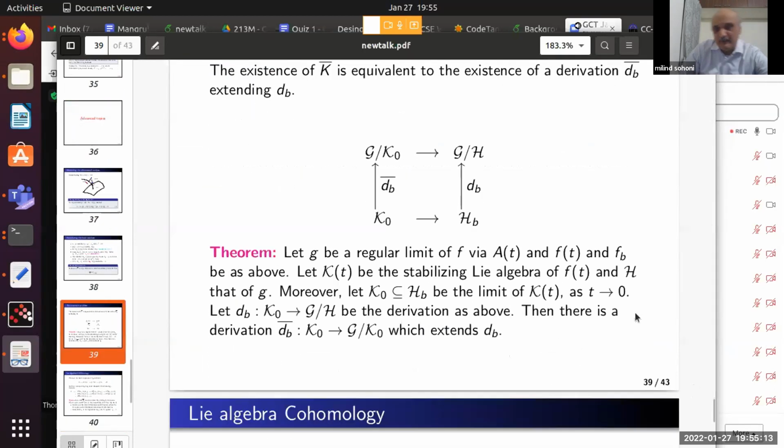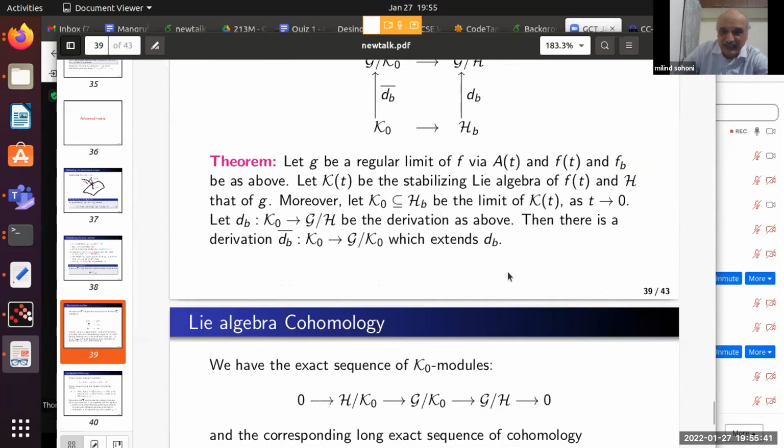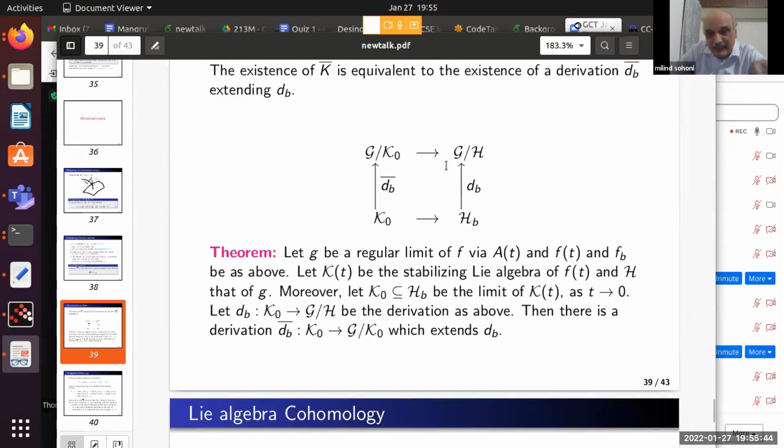You see this formulation. This formulation is really asking what subalgebras of the stabilizer of the permanent, or H, what stabilizers of H are actually coming as limits. That is the question. What we have said is that if they are coming as limits from KT going to K naught, then there is an epsilon thickening of K naught, and that gives you this sort of condition. It becomes a question of extension of derivations, which is really sitting in one co-cycle. So it is of H1,